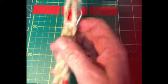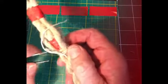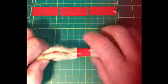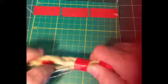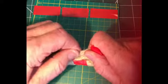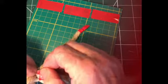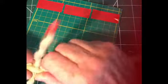We now can remove the constrictor knot either with tweezers, or if you don't want, you can just cut it and remove it. We've now got to remove the other piece of tape, which I didn't put a tuck in, so I'm just going to cut it carefully. Remove that length of tape, place it away, and then we can remove the other tape, which has got a flap. It makes it much easier to remove. Place to the side, and now we just go